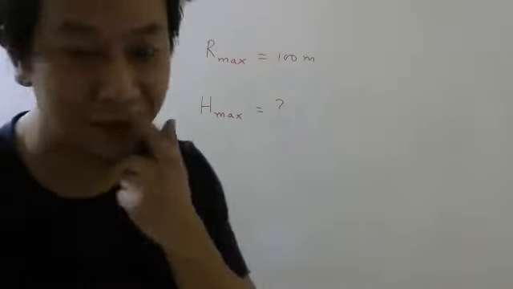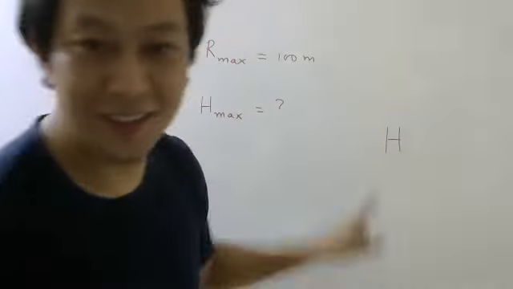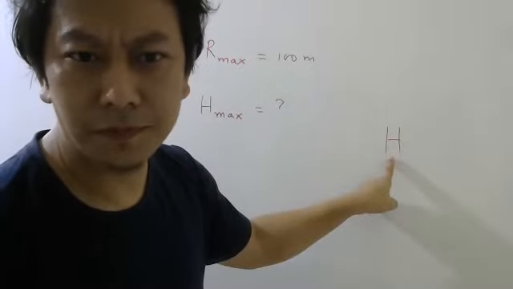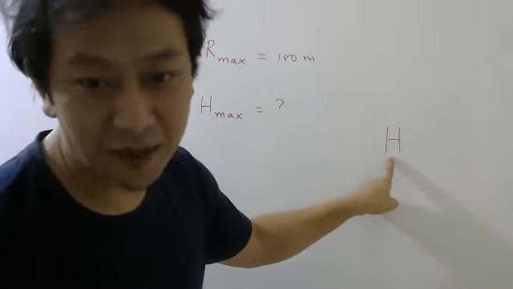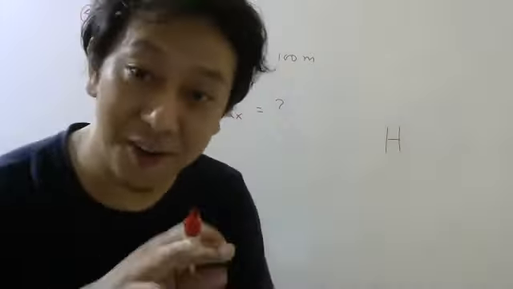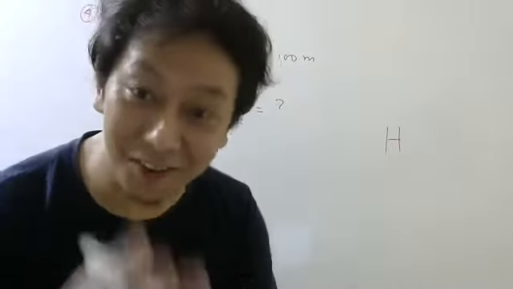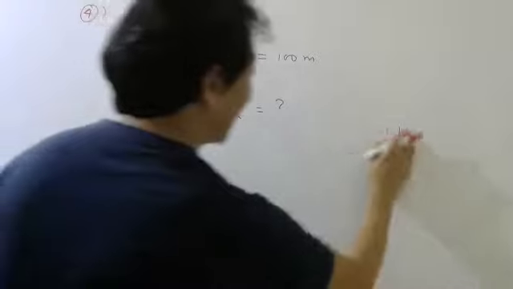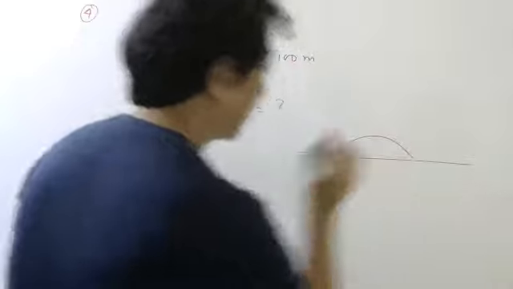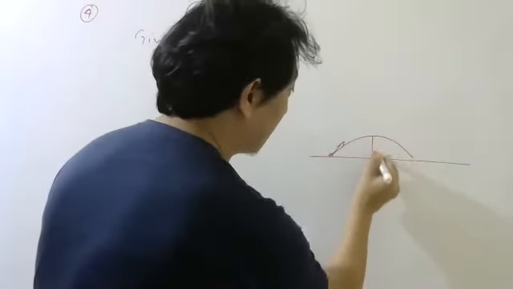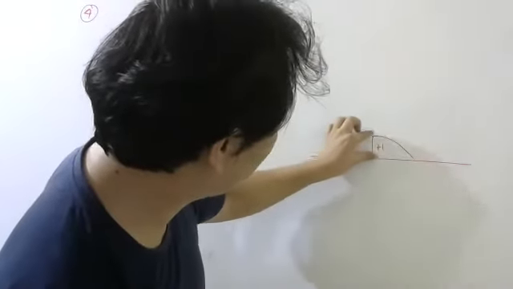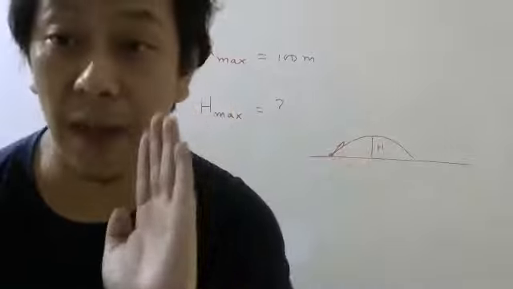Some confusion may be there. What is this symbol used for? In this projectile motion, what is this used for? Hello? This is used for maximum height. Then why am I writing like this? This is maximum of maximum height. Let me explain. Suppose you throw a stone like this. It will go like this. Correct? So this is called maximum height. Yes or no, students? Because as it is going, height is increasing and then decreasing. So we call this height maximum height.